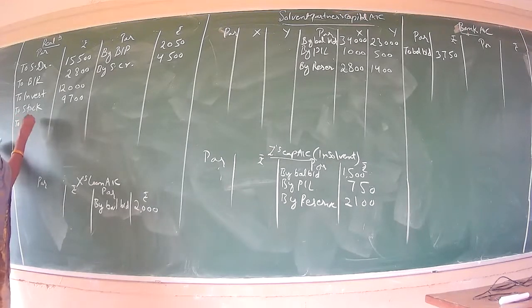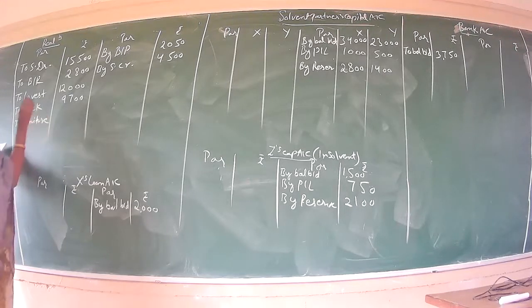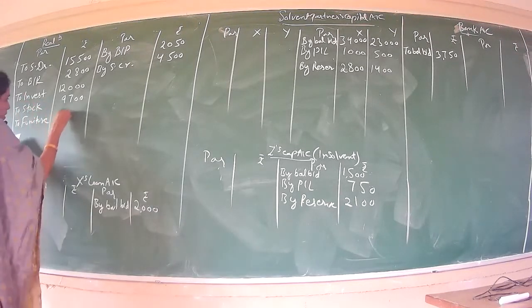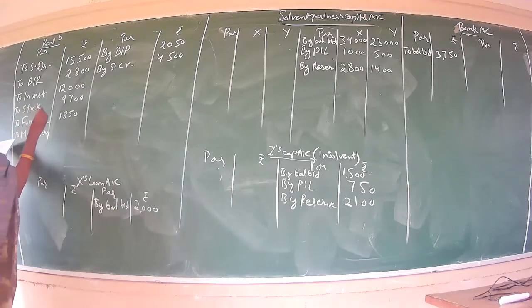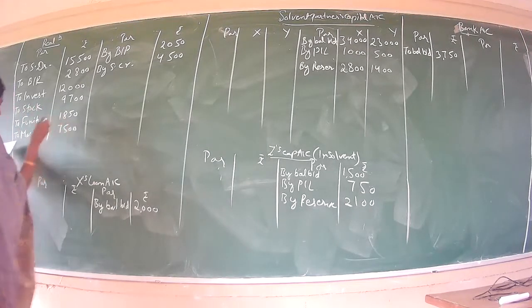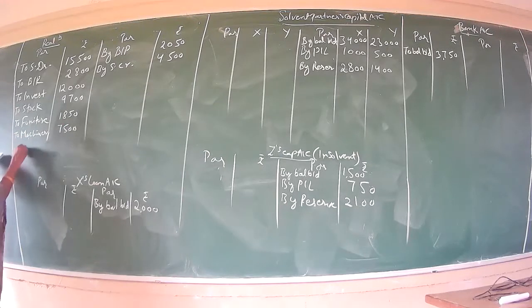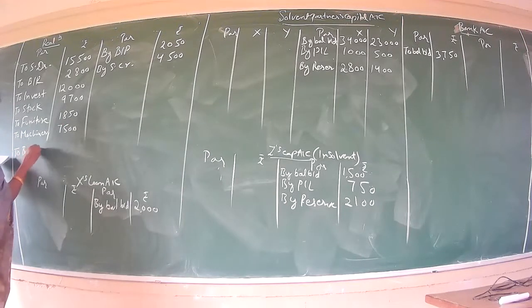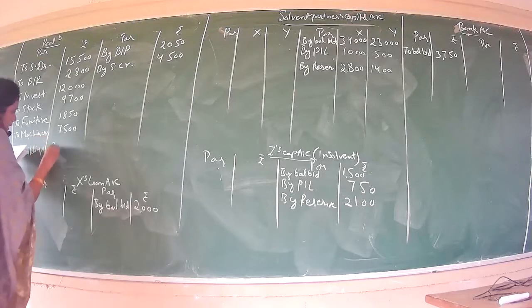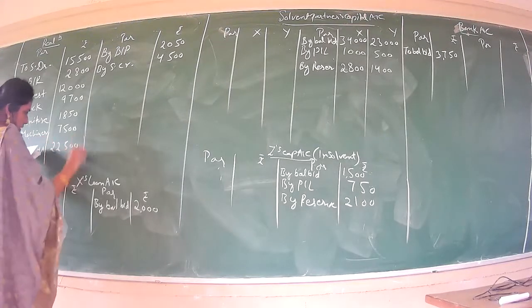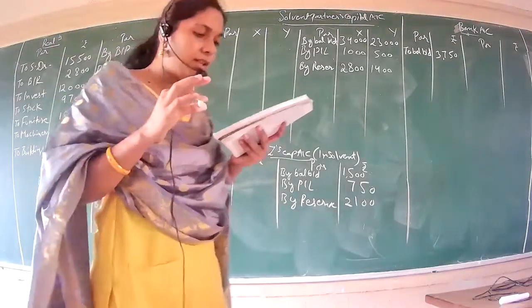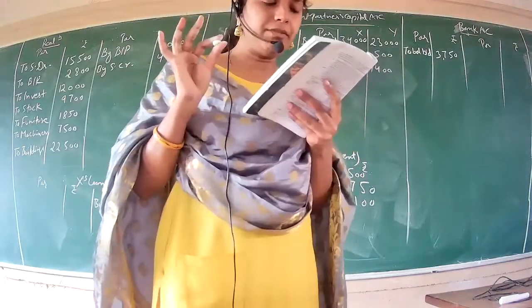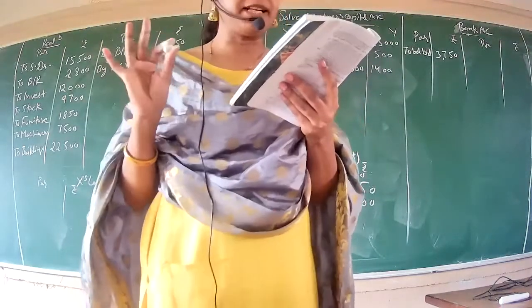So we are making the entry in your realization account. How much furniture do we have? 1,850. And then the next item, your machinery. How much machinery do we have? 7,500. Then we have buildings worth rupees 22,500. Okay. Now your balance sheet is totally empty. All the entries from your balance sheet are done in all the respective accounts.